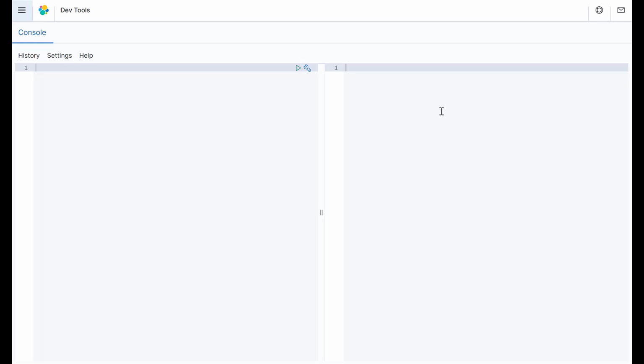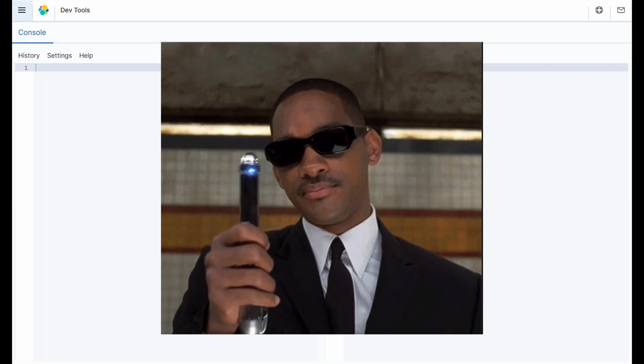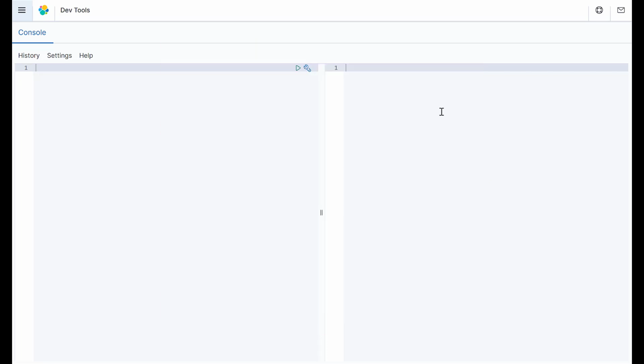Basic terminology in Elasticsearch that you need to know before we get started. The first is the indexes. They are like databases in normal SQL. Second is the type. They are like the tables, but it's deprecated. Forget I ever said it. Third, the docs. Docs are like the rows in a table. So many docs can be present in a single index. And since it has no structure, multiple types of docs can be stored in one index.